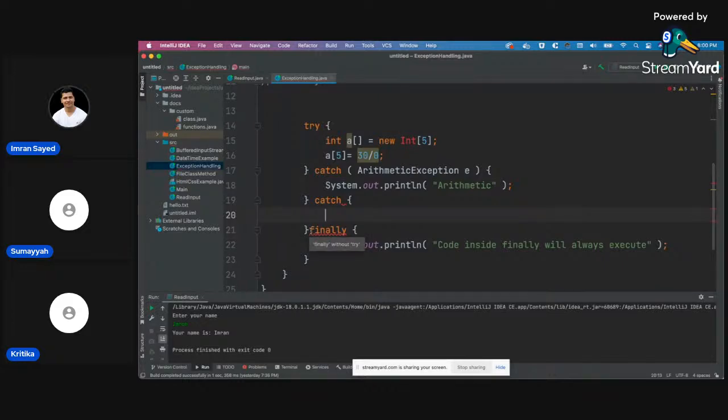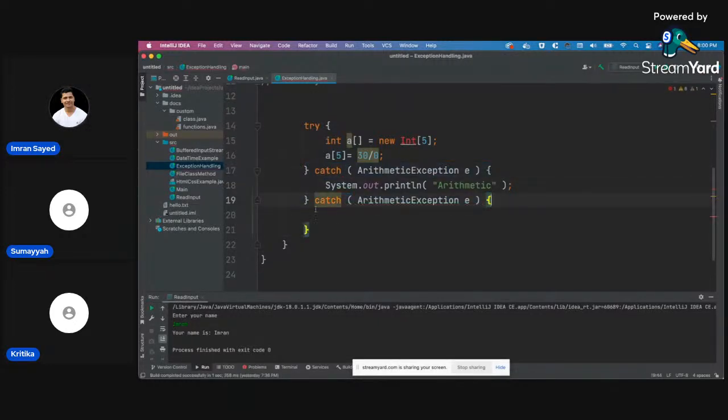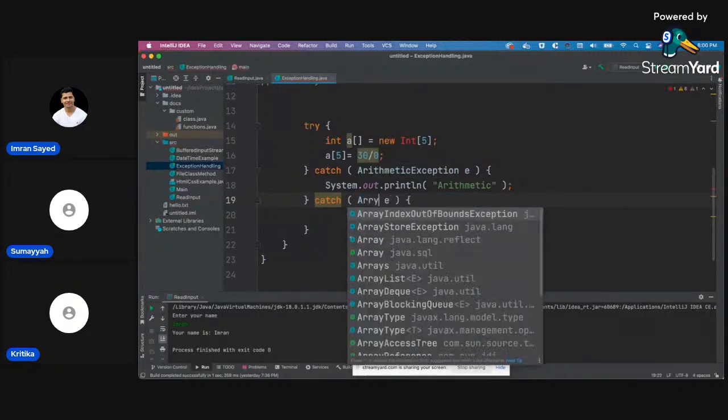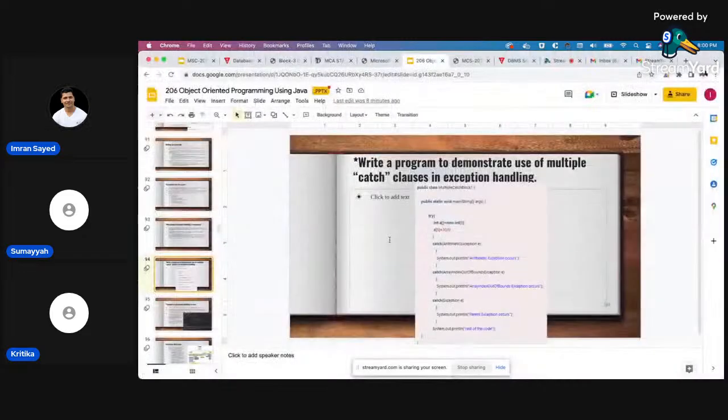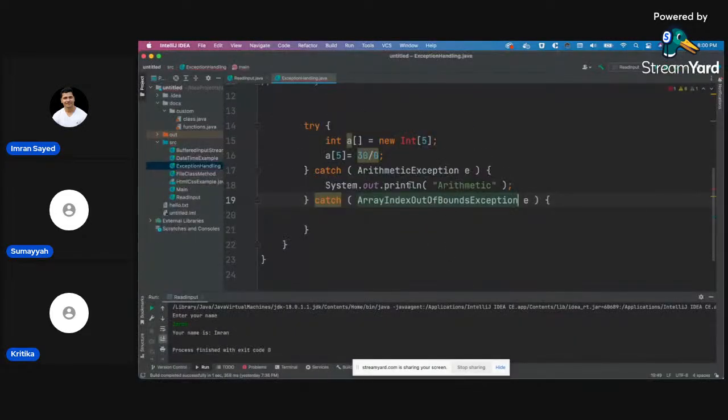Only finally here, forget about the finally. This time it's going to be array out of bounds. ArrayIndexOutOfBoundsException. Okay, it's highlighted. Numeric overflow in exception. Okay,